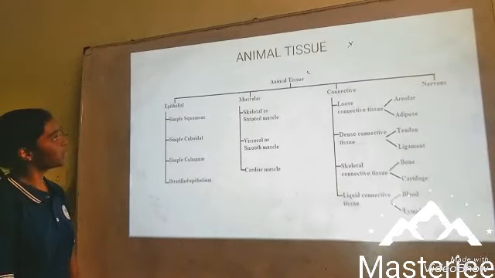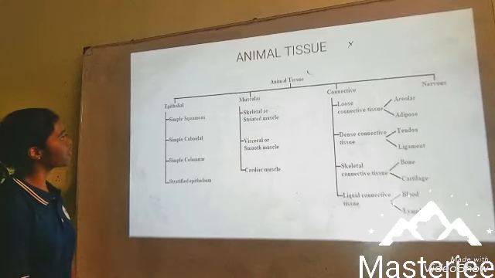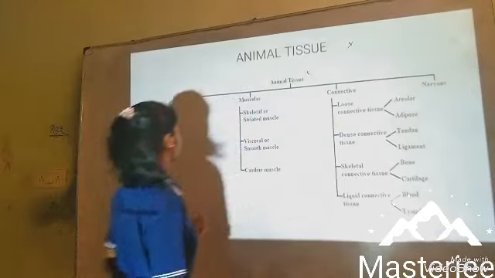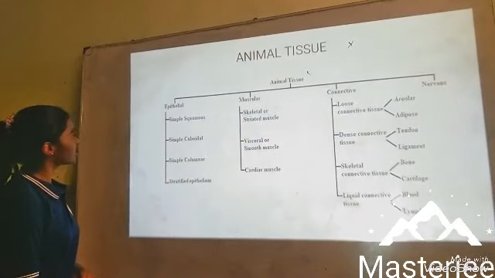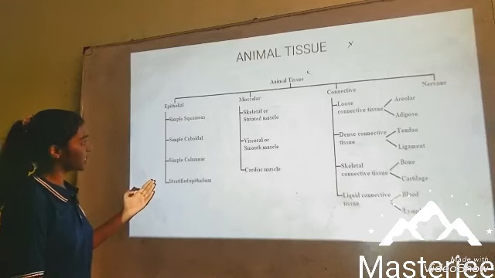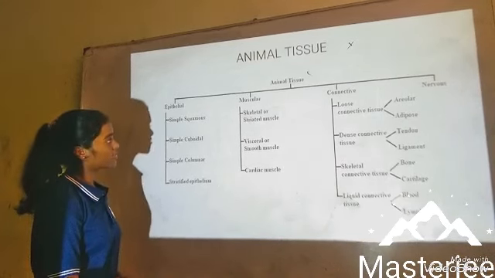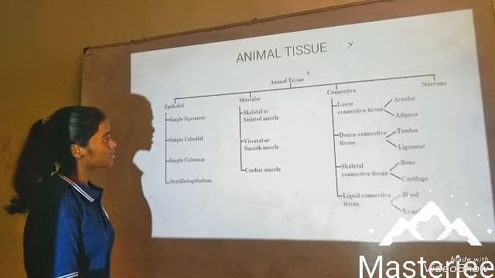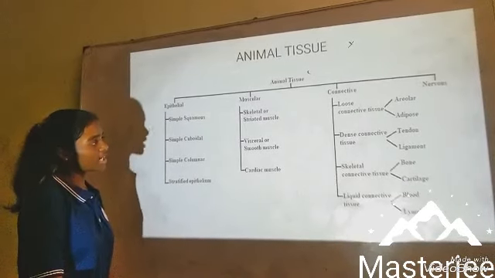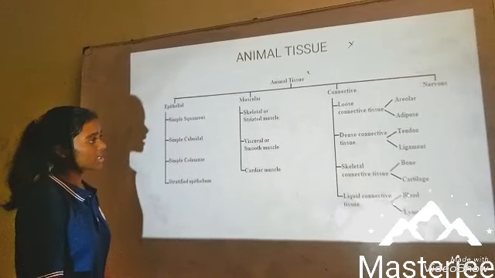Animal tissues. Animal tissues are broadly categorized into 4 different types: epithelial tissue, muscular tissue, connective tissue and nervous tissue. Epithelial tissue is further classified as simple squamous, cuboidal, columnar and stratified epithelium. Muscular tissue is classified as skeletal or striated muscle, smooth muscle and cardiac muscle. Connective tissues are classified as loose connective tissue, dense connective tissues,